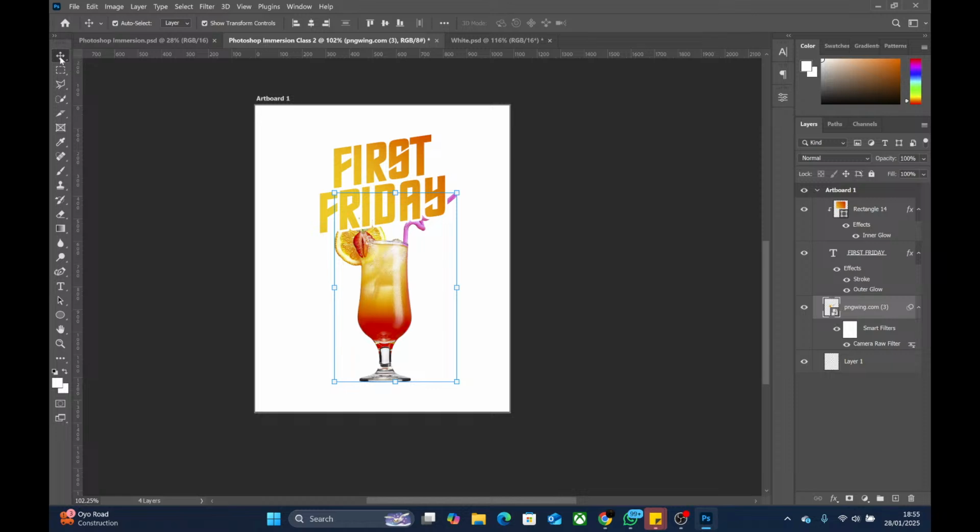So anytime I'm somewhere else, say for example, if I click on this tool, which is the gradient tool, if I want to drop it, I will just click on V and it will drop that tool and return to move tool. The move tool is the constant tool that you always want to use. Something is wrong. I'm clicking on V and it's returning, so I'll just click on this place by myself. Okay, so the move tool is what can be active all the time and you will not be stressed.